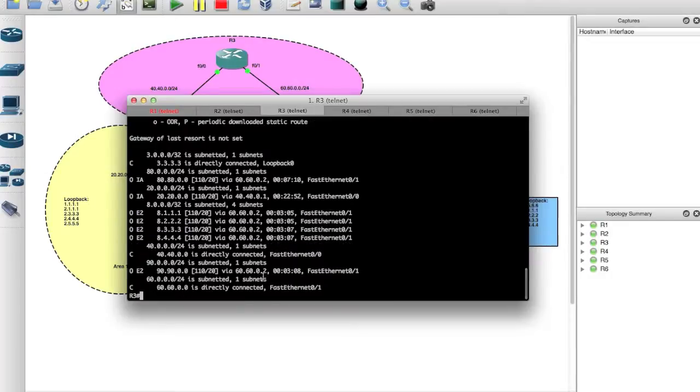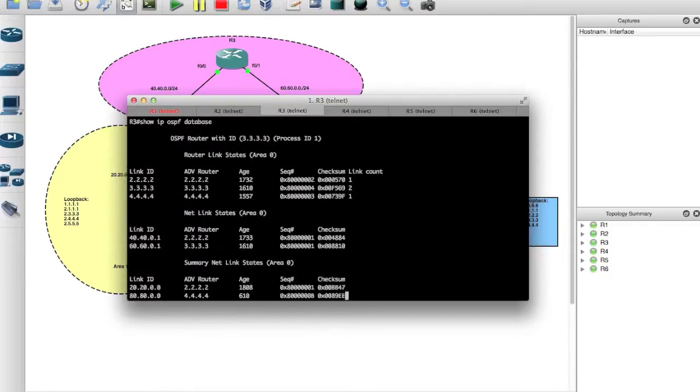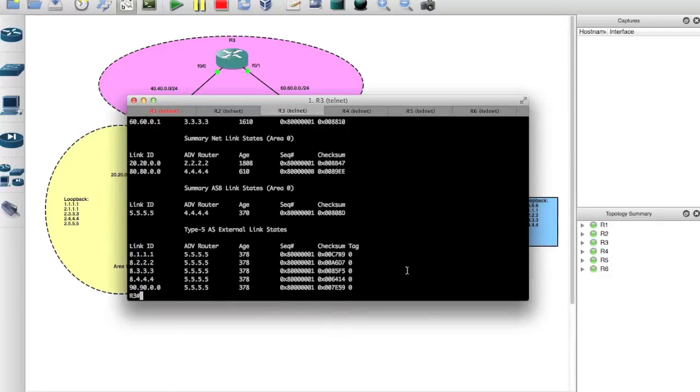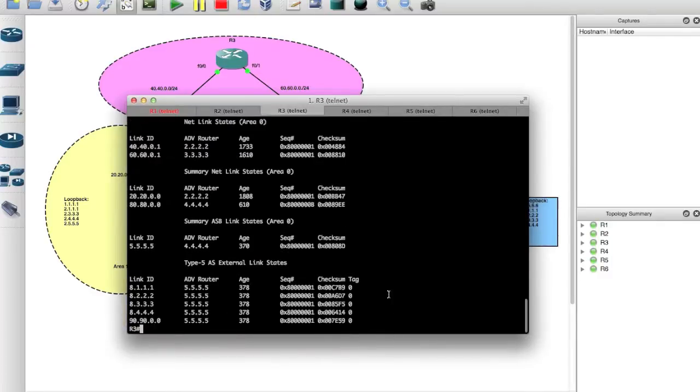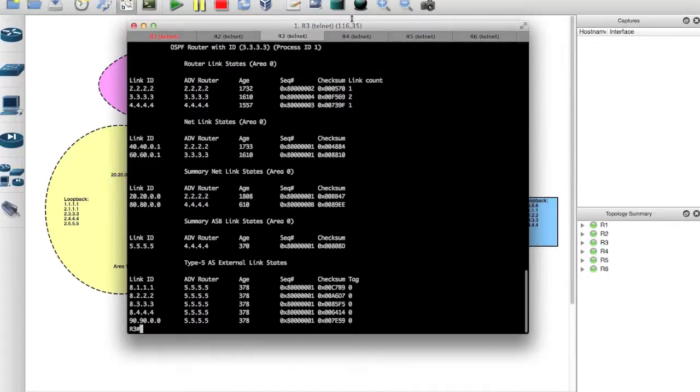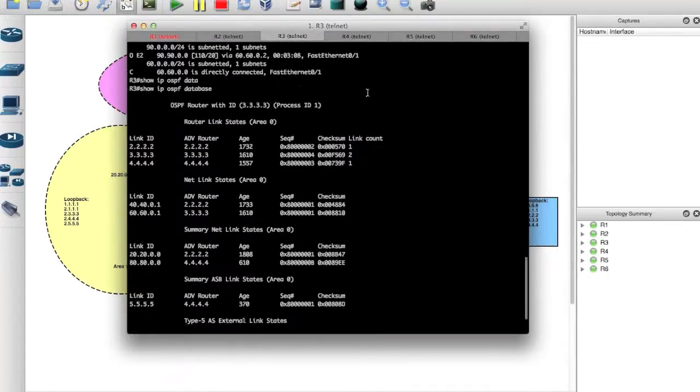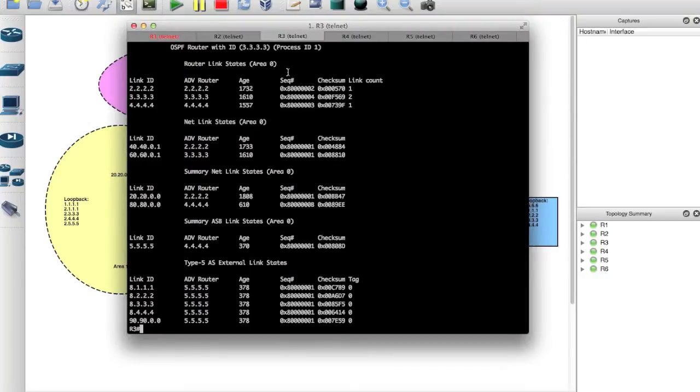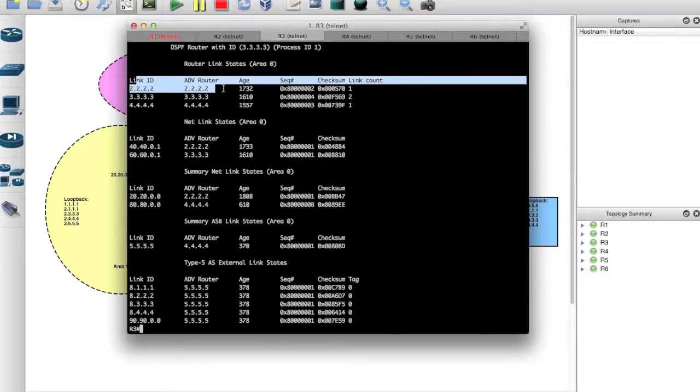Okay, so now we've injected routes into OSPF. So on router 3, if I say show IP OSPF database, now we're going to look at this and examine this a little bit. Now, what are we looking at? We're looking at the first 5 LSA types. So LSA type 1 is saying on router 3, remember we talked about this last time,